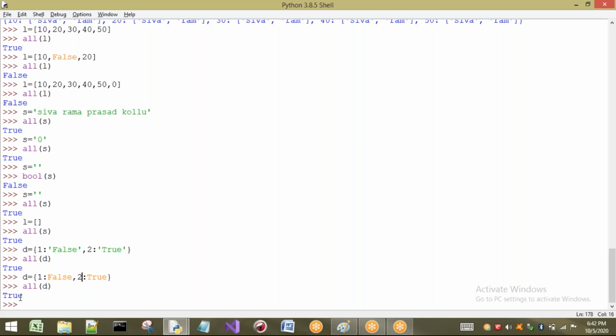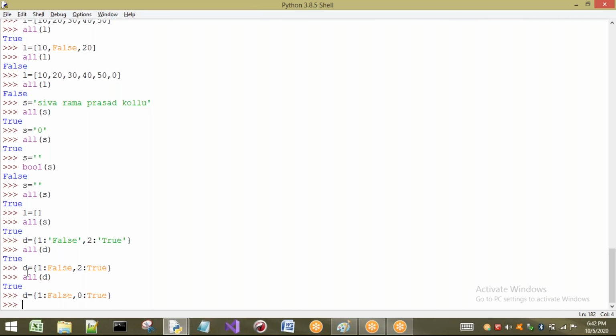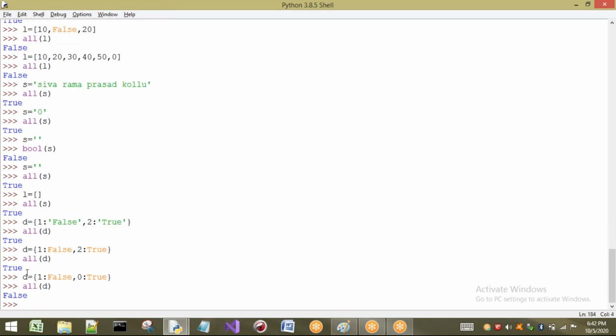So it is going to return True only. Now here I will take one example as 0. 0 indicates False. So automatically, if I apply all to our dictionary, it is going to give you False. What is the reason? If we have at least one False in our iterable object, then we are going to get False only.